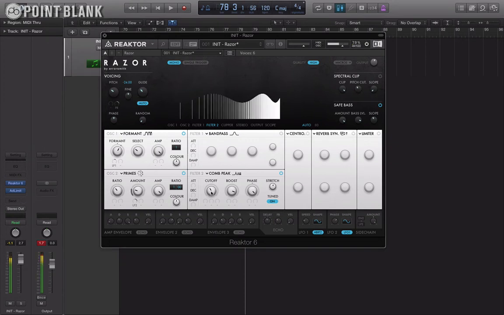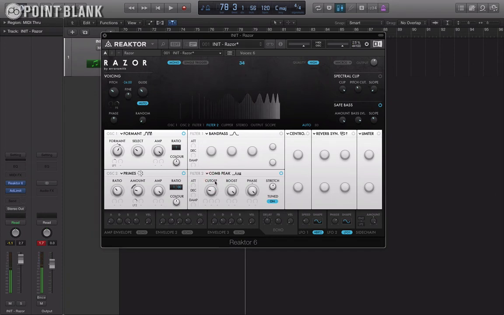If we increase and decrease the cutoff parameter here, then we get a pretty good idea of why it's called a comb filter. It's as if we've held a comb up to the frequency spectrum, giving us these various different teeth or notches. What we also have in this particular comb filter is the option to boost the areas in between the notches. So a little bit of movement here